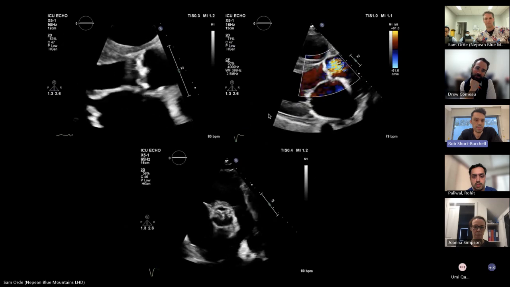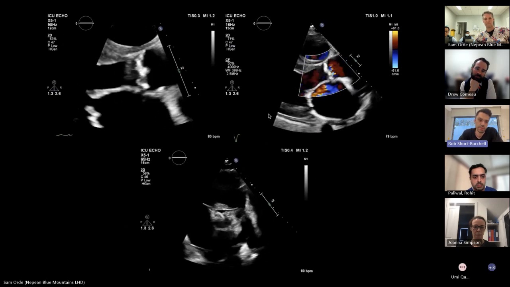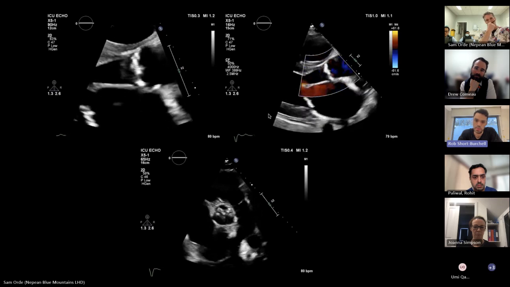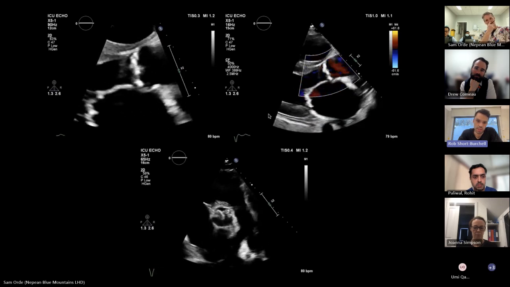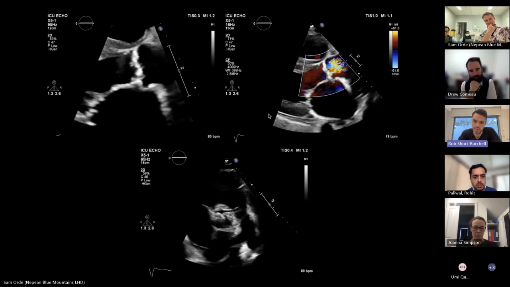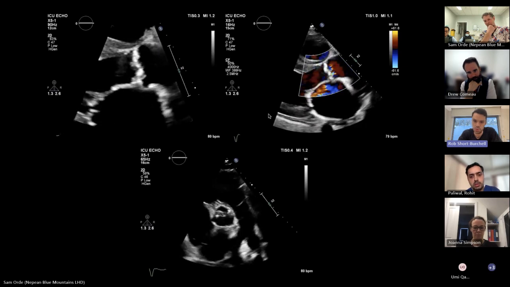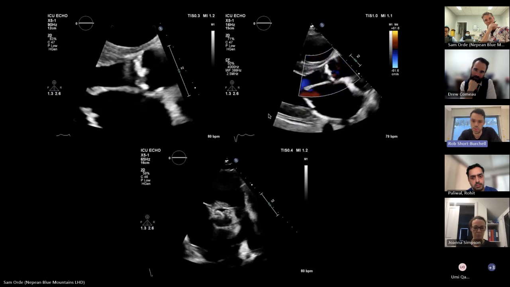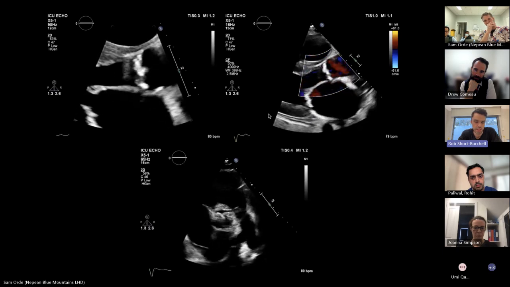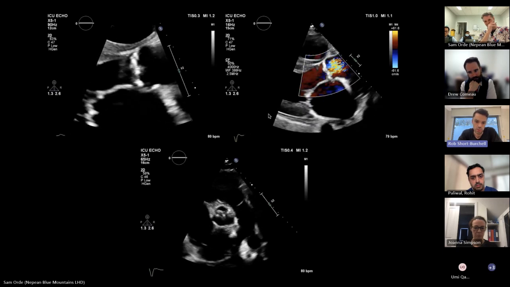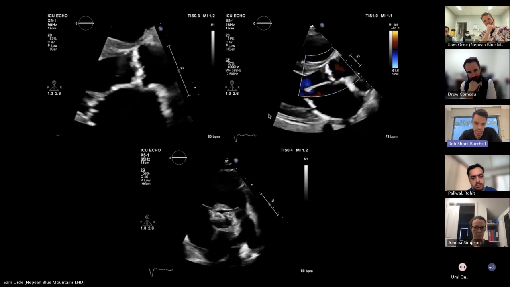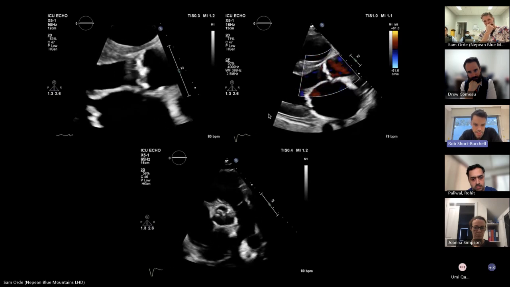So the top left-hand image is a zoomed-in view of that aortic valve, and again, it's not opening well. I can see on the color Doppler across that valve that there's significant turbulence within the ascending aorta, which would occur with aortic stenosis. And then looking at the short axis view of the aortic valve, you can see that it's heavily calcified, and it looks like probably a trileaflet valve,